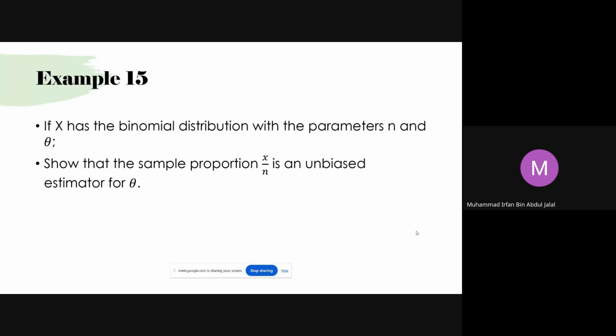All right, so we go straight to the mathematical examples of how we can prove that a certain statistic or estimator is an unbiased estimator of the population parameter of interest. In Example 15, the random variable X has a binomial distribution with parameters n and theta. We want to show that the sample proportion X over n, where X is the number of successes,